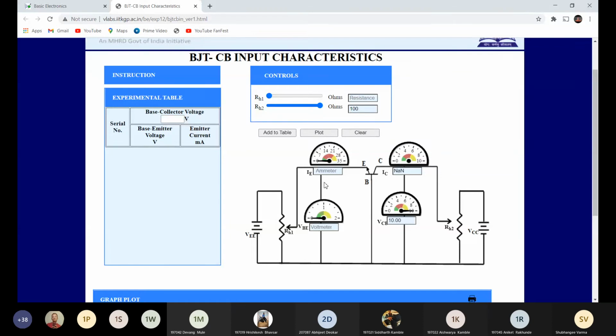So we are taking 3 sets of readings. One time we make it 0.1, then 5 volt, and then 10 volt. And we are taking 15 readings by changing this RH1.